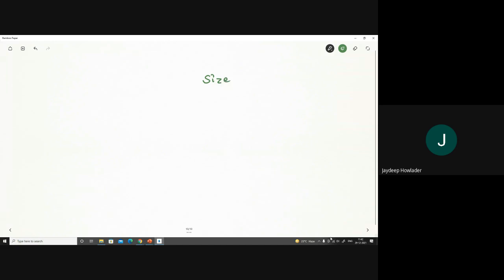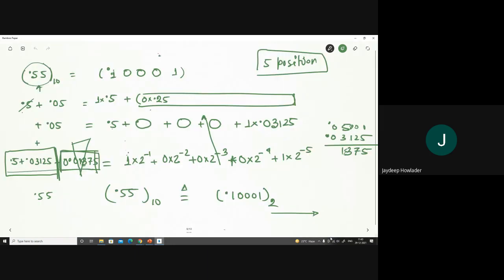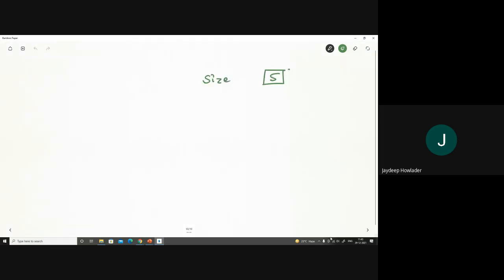In this case we are talking about a size of 5. So a number which has positional values with a size of 5. Then there is a loss of something on the left-hand side; this value we are losing. If we increase it to, say, 15 positions, then obviously there will be less loss. So what we have understood is that if we represent a fractional number in a positional system, there is always a loss.